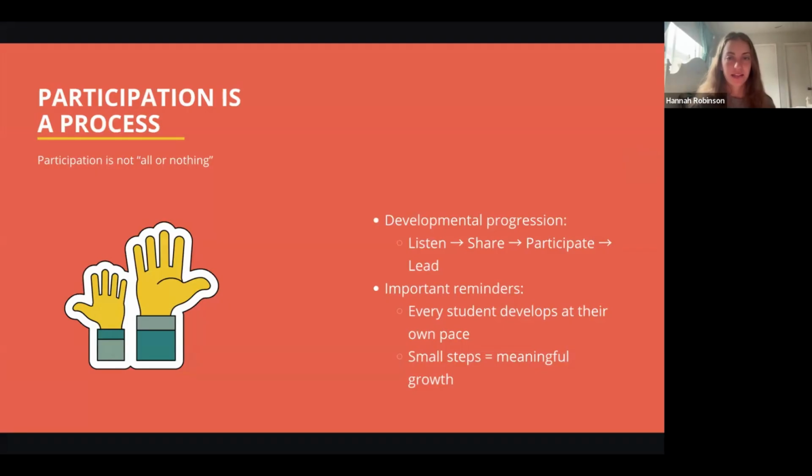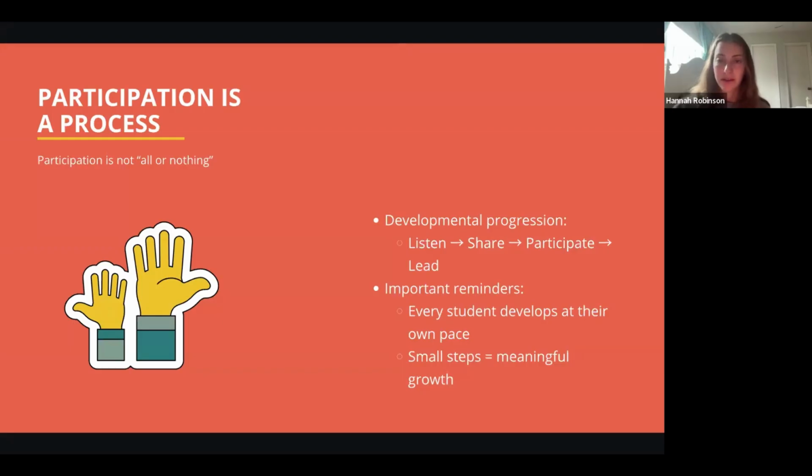So participation is a process. The progression looks different for every student, but a sort of outline that we can try to abide by is starting off by listening to what the student says that their needs are, what they're struggling with, what they love to do, and then encouraging them to share that beyond family members, and maybe with their teachers or other team members. And then this can lead into